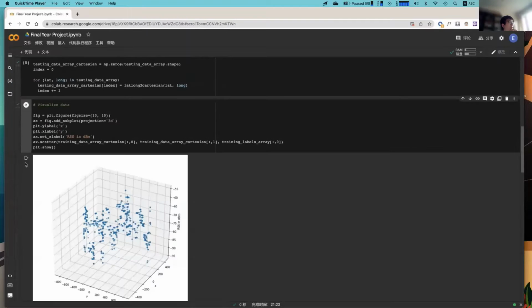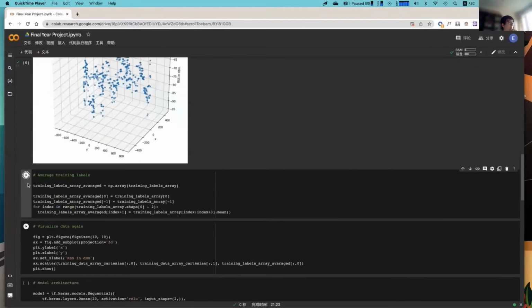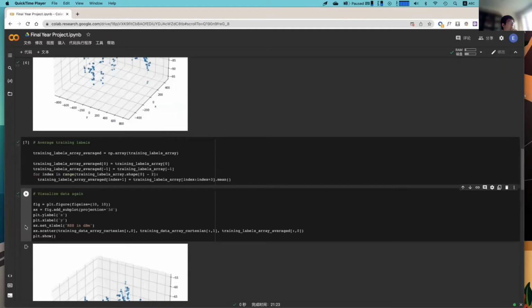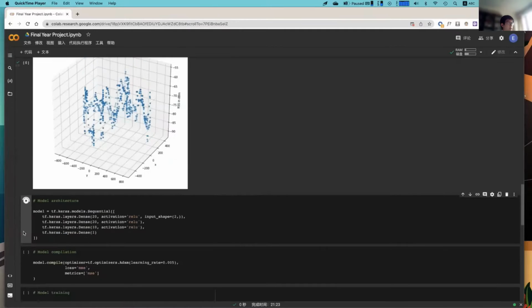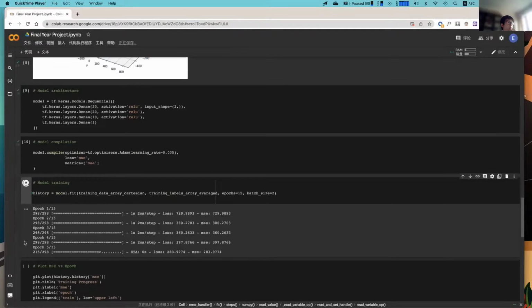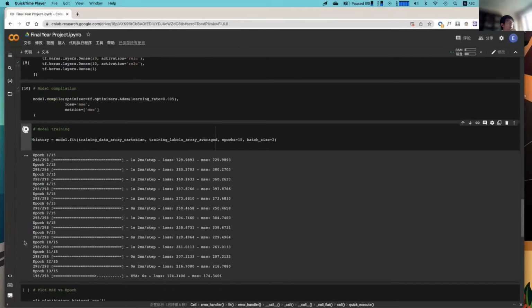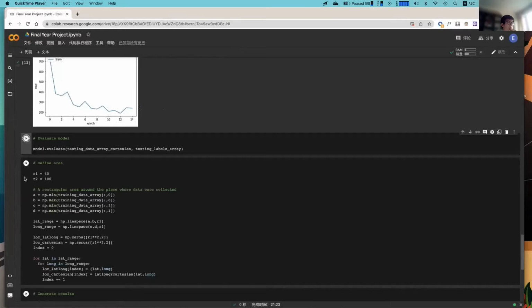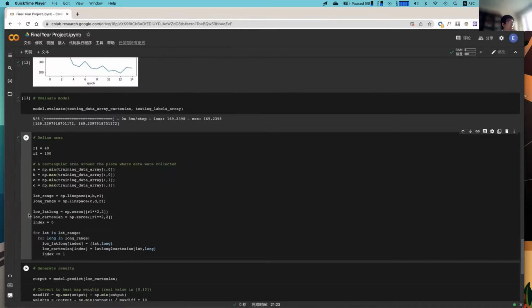You can also visualize the data, and you can see it's very noisy. So we do some data pre-processing to smooth it. Otherwise, the model may try to fit the noise. So this is after processing, and we build the model, compile it, and train it. You see the loss function is declining. The loss function is the MSE, but it's still not perfect, maybe because the data sample is still too small, or maybe the